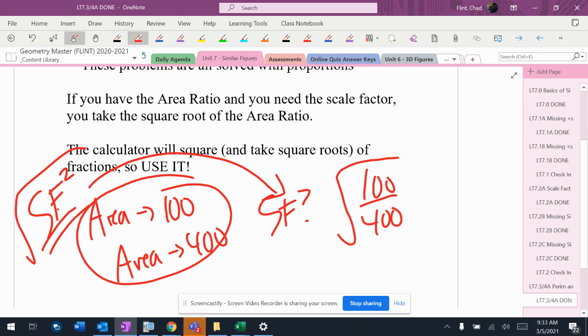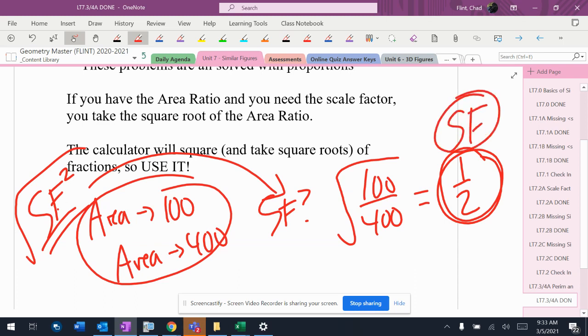You put that into the calculator, and it will end up giving you 1/2 because it will reduce it. But this is the scale factor. Now, how often does this happen? Very rarely. But you're going to see it mixed in when you go down through here, and just understand